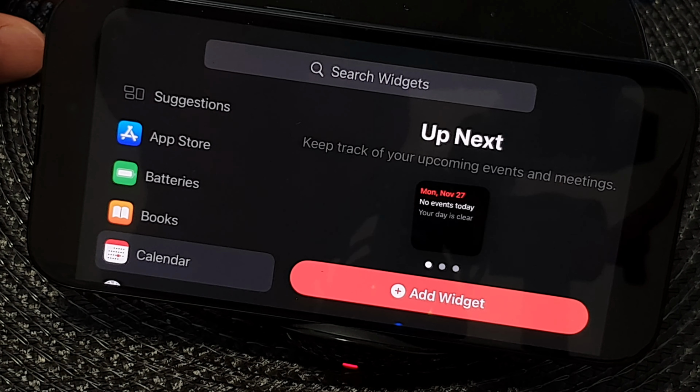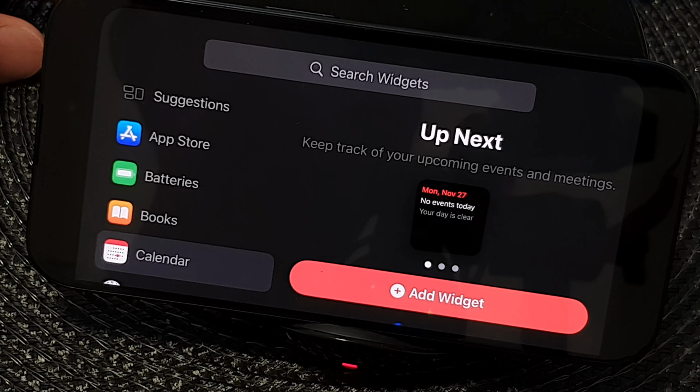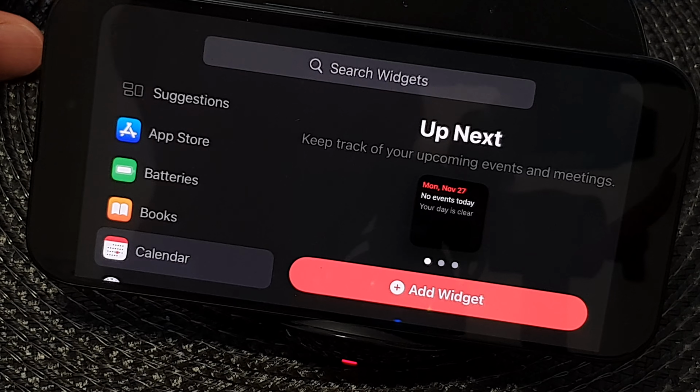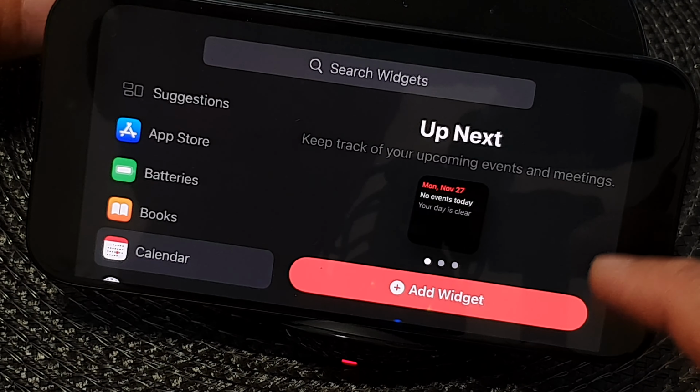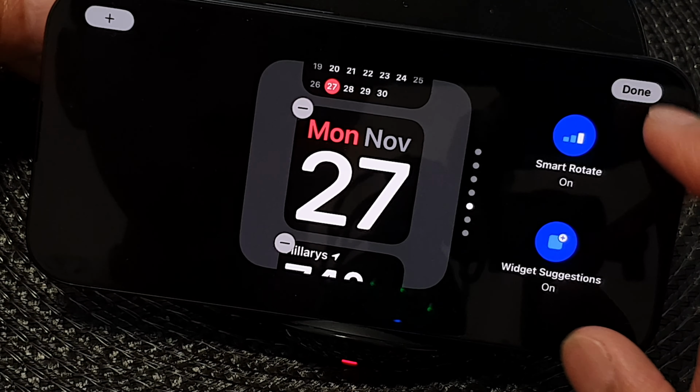Hi guys, in this video we're going to take a look at how you can add the calendar upcoming events widget on the standby screen on iPhone 15 series. First, let's go back to your home screen